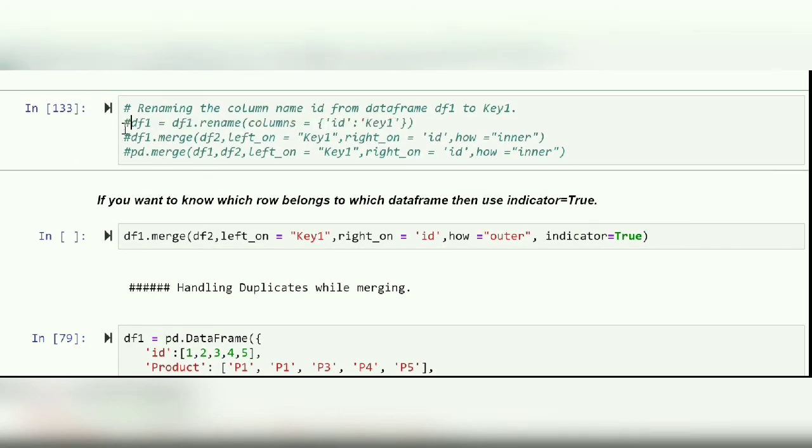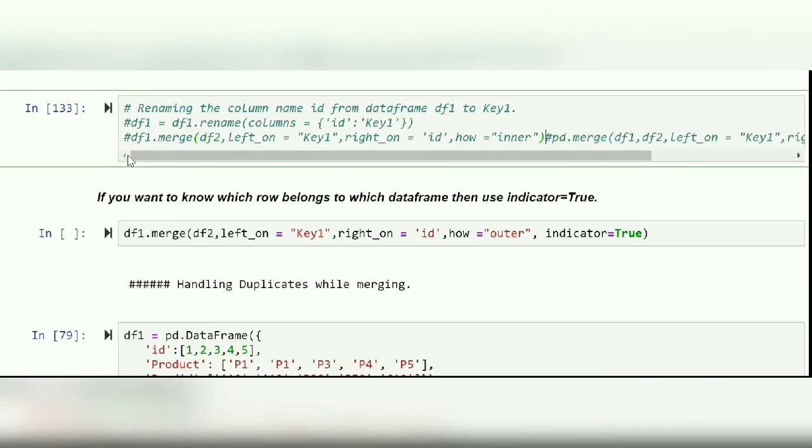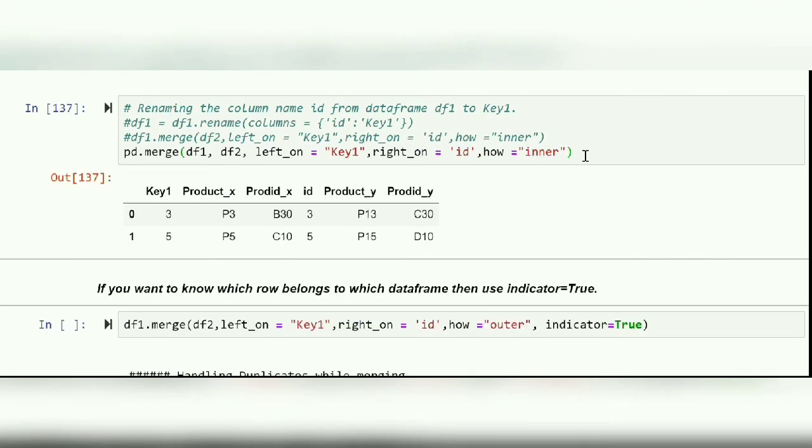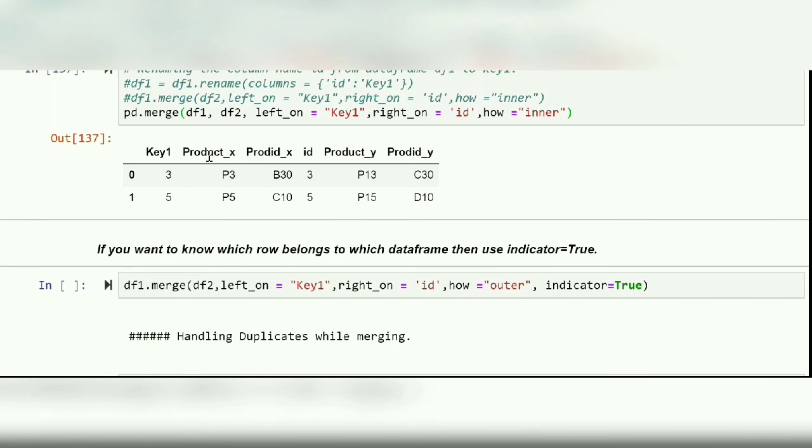What you need to do is simply specify the names of the left_on and right_on columns. So pd.merge df1, df2 and left_on is key1 and right_on is ID, and how: inner, left, outer, right, whatever you want.